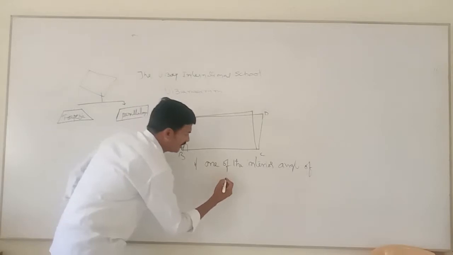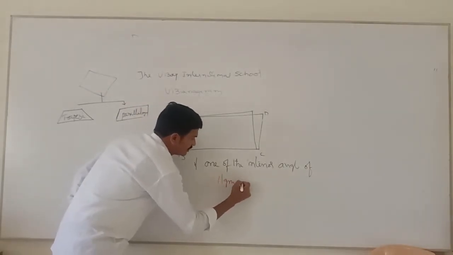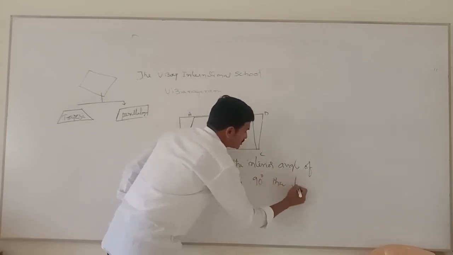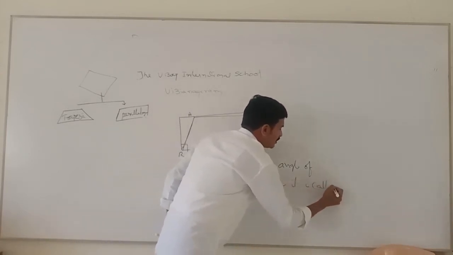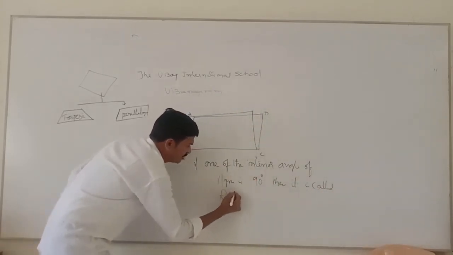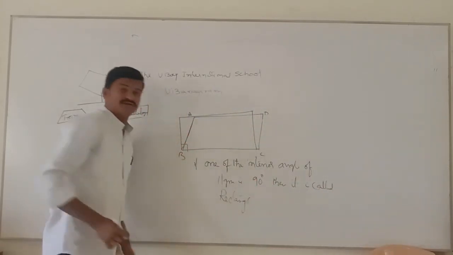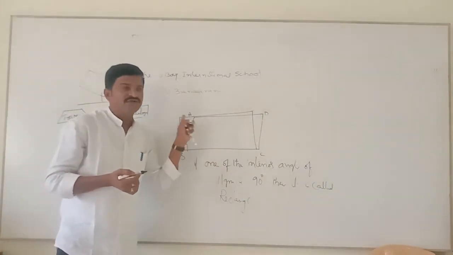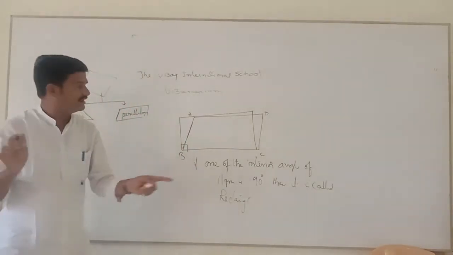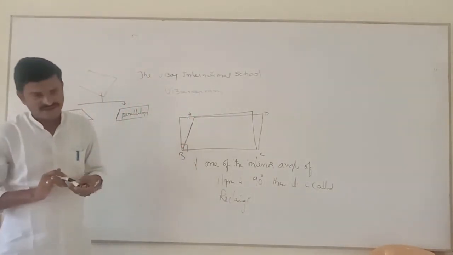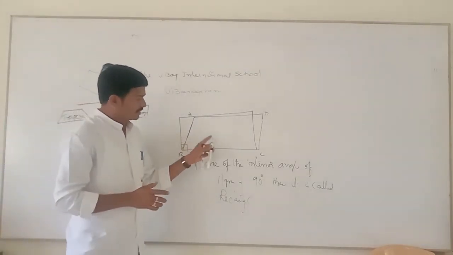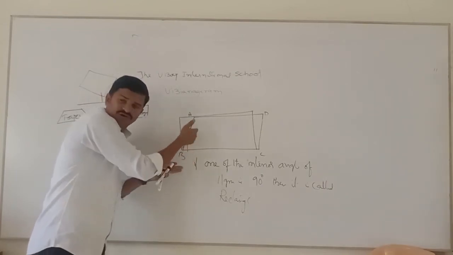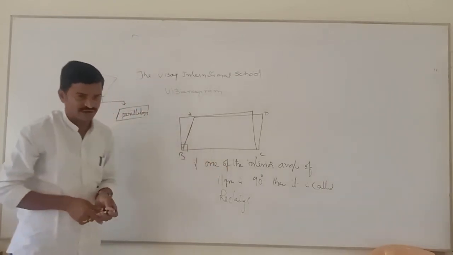If one of the angle of a parallelogram is right angle or 90 degrees, then it is called a rectangle. So rectangle it came from where? It came from parallelogram. If in a parallelogram one of the angle is a right angle, then that parallelogram becoming rectangle. Are you clear or not? Yes, sir. Okay. So I have just changed this shape and I made it one of the angle as a right angle. Now we got it a rectangle. So it is another type of quadrilateral. Are you clear?